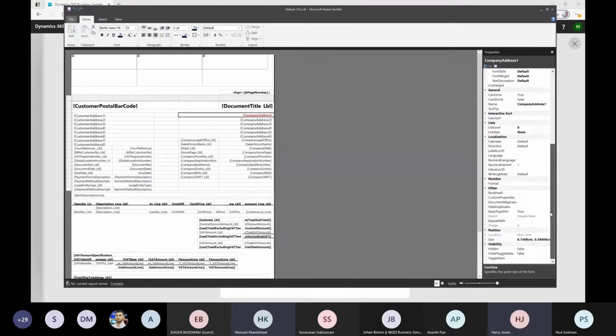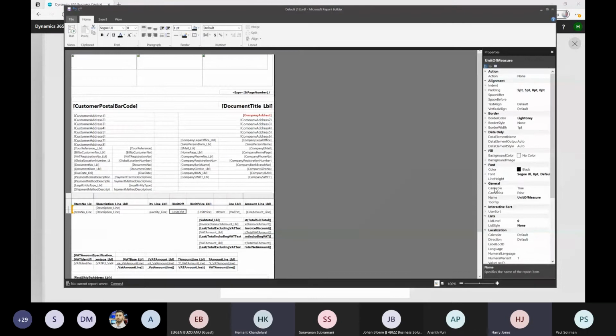Then also I mentioned, if we go on to another text box, there's a can grow and a can shrink. So this is basically saying that this is set to true. So this is saying that if there is more information within that box, the box will automatically grow. So it won't cut any information off. Obviously you can change that to true or false. Obviously, if you do add more information and it does grow, then you are at risk of losing other information in other areas. So that's one thing you need to bear in mind